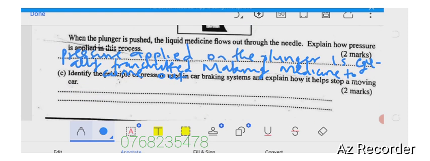Identify the principle of pressure used in car braking system and explain how it helps to stop